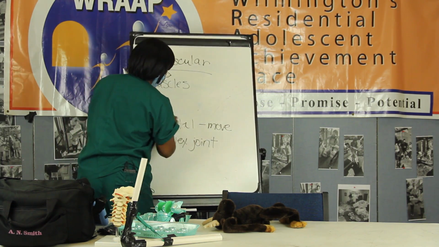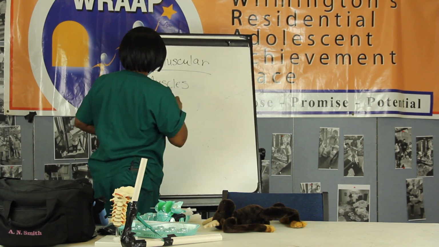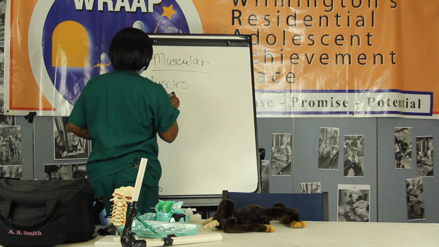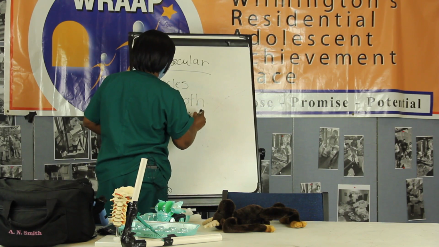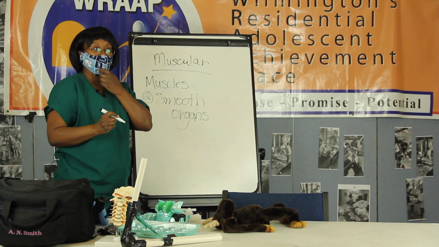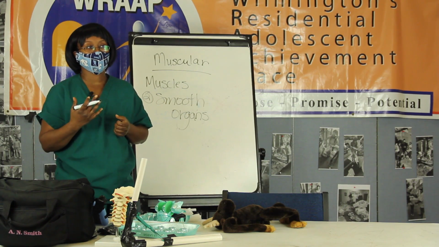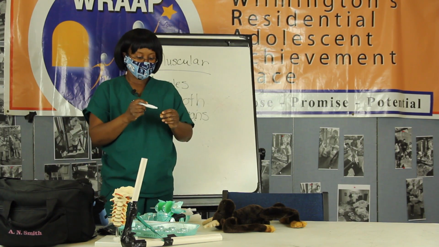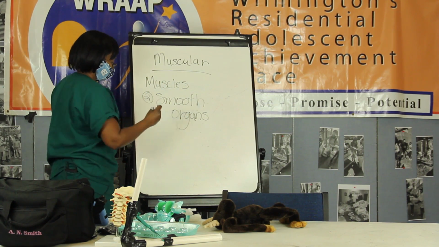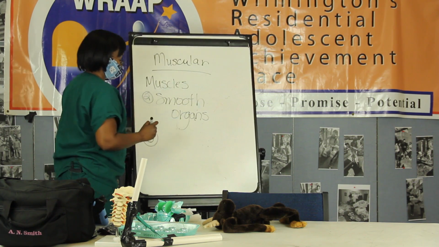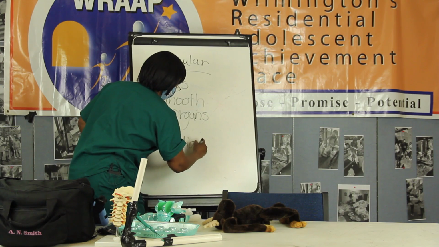So the next one is the smooth muscle. Number 2, smooth muscle is what is in your organs. Organs have functions, and they're going to need to move some, so they need some kind of muscle. They got some really smooth muscle that they use to move. So when you think about your organs, think muscles because they have to have some. And the next one, which is a very special type of muscle, is cardiac muscle.